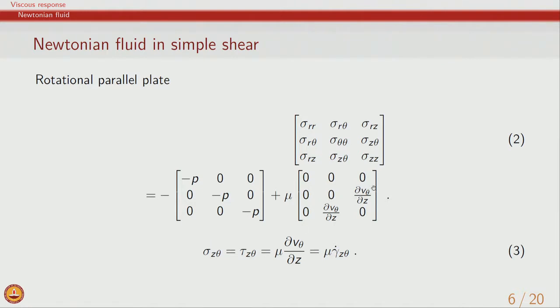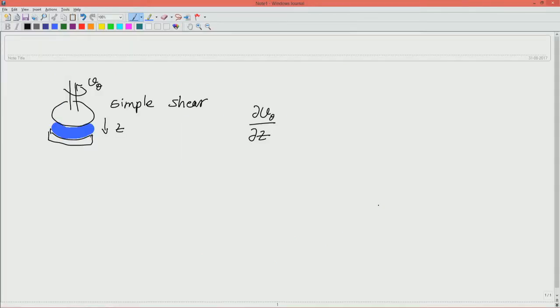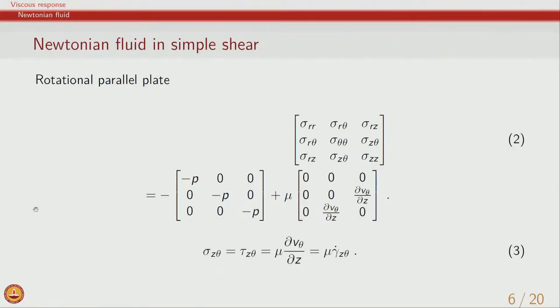So, the del v z by del theta term, which is the other part of the strain rate tensor, is 0, since we do not really have a velocity in the z direction. So, del v z by del theta, this kind of term is actually 0. So, only this is the non-zero term. And so, in the sigma z theta, therefore, which is this component plus this component, is related to the velocity gradient times the viscosity,